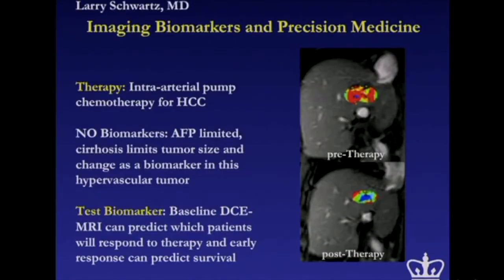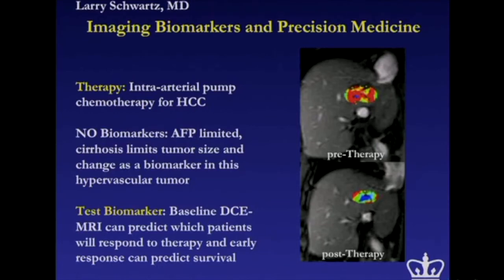The other way in which magnetic resonance has been used has been to look at functional change within the tumor. I spoke to you earlier about the density of water. If a tumor has, as you can imagine, less water than surrounding normal tissue, that is registered by a signal, in this case called the diffusion coefficient. You can also look at the perfusion of the tumor. How well does blood flow through the tumor? And look at that as an indicator of response.